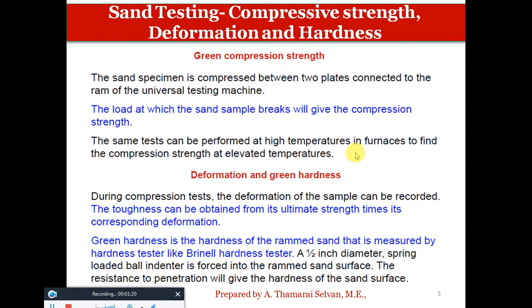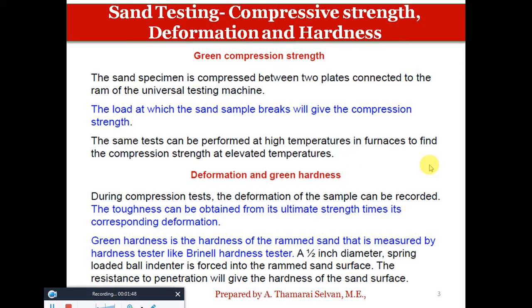The other tests made on sand are compressive strength, deformation, hardness. Here regarding green compression strength, the sand specimen is compressed between two plates connected to the ram of the universal testing machine. The load at which the sand sample breaks will give you the compression strength. The same test can be performed at high temperatures in the furnace to find the compression strength at elevated